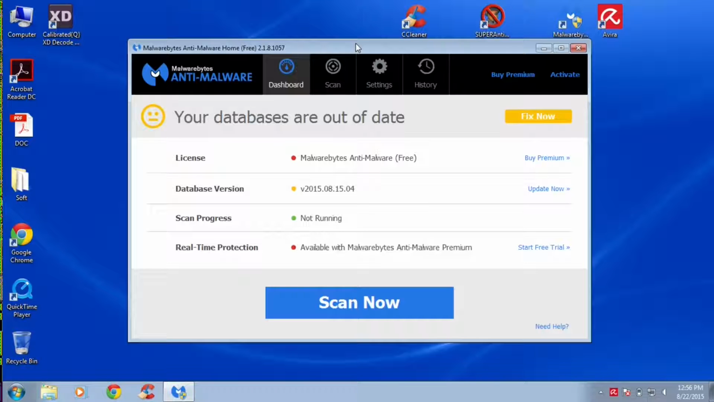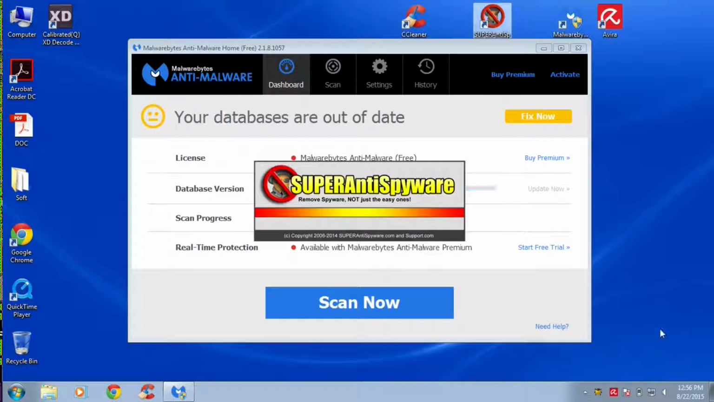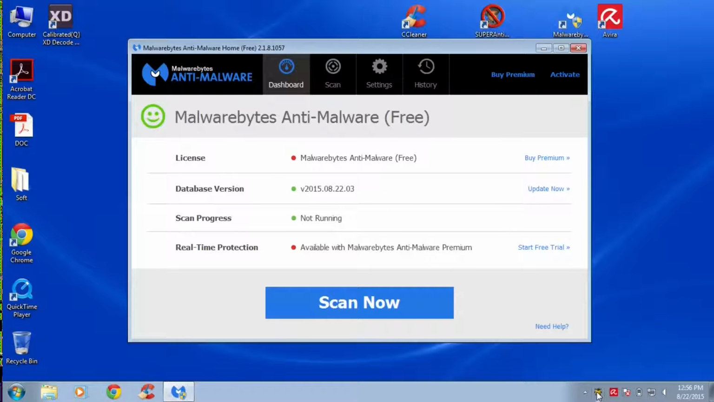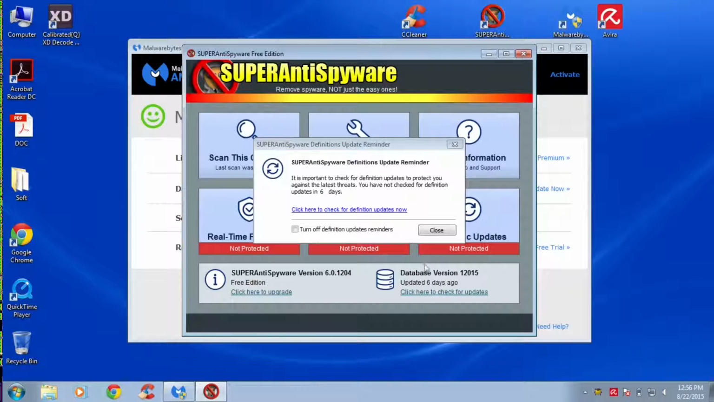Okay, so in here we open this up, and the first thing we notice is that we need to do an update. We're going to click on Update Now, and let's let this go and update its program. While that's running, I like to multitask. Let's open up Super Anti-Spyware. While Super Anti-Spyware is loading up, what we can do to make this quicker is, down at the taskbar, we have what looks like a little bug. You put your mouse cursor on it, it tells you it's Super Anti-Spyware. Double click it, Super Anti-Spyware comes up,